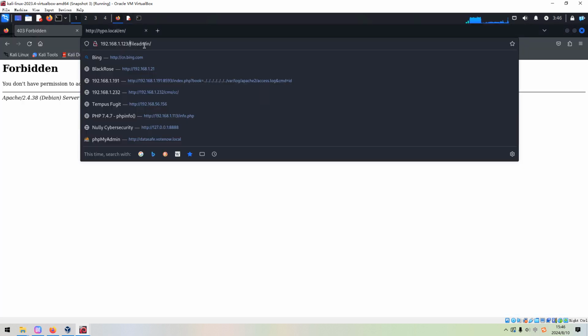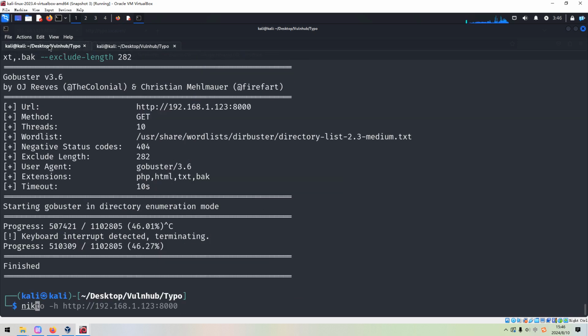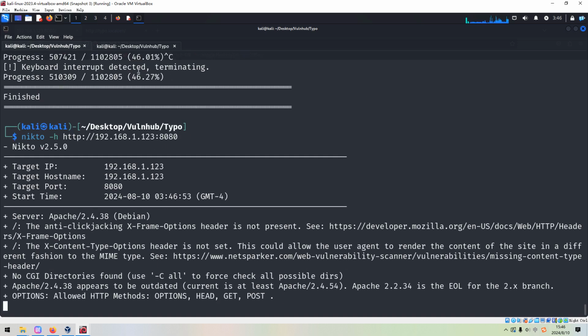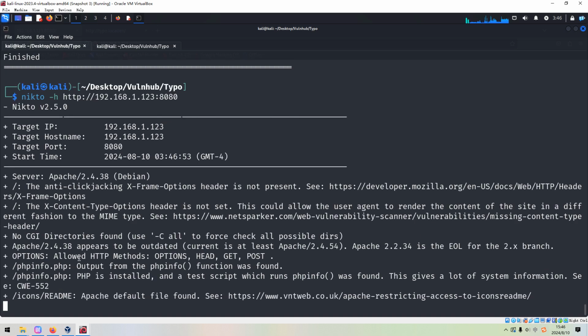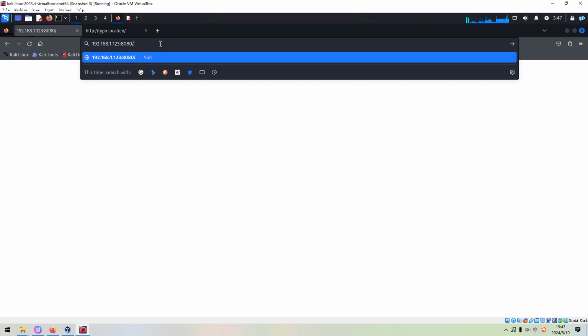Next, in the meantime, we can access the port number 8080. Nothing, right? And also we can use Nikto on 8080. Found phpinfo. Great.